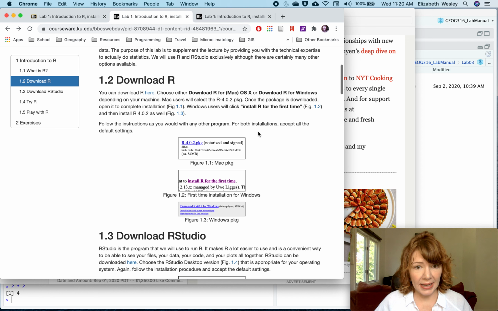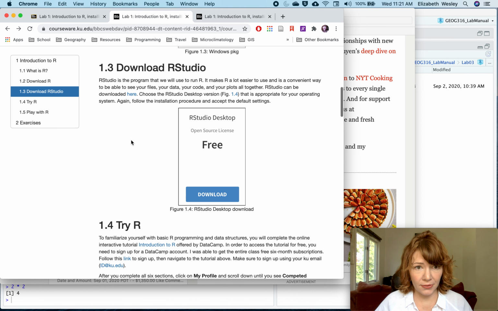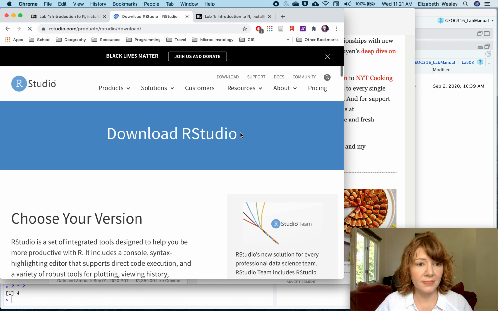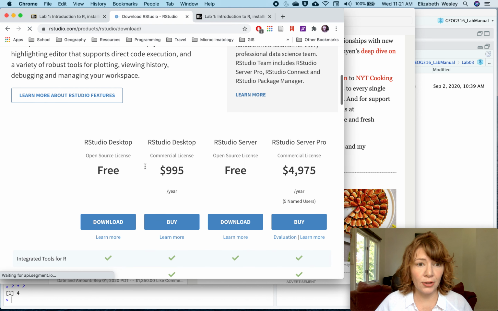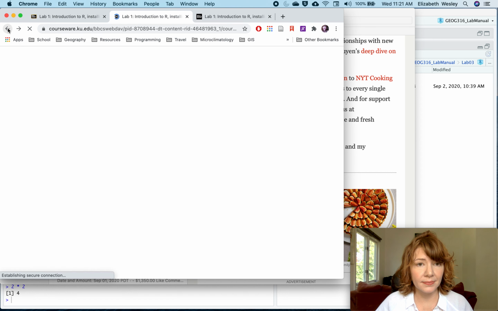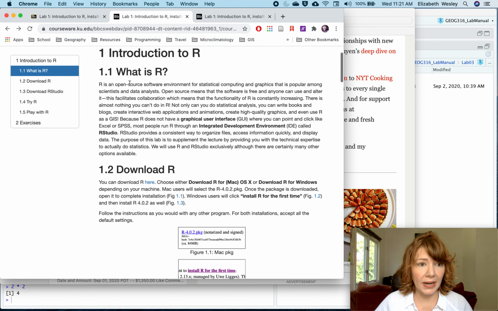So get that done. And then you're going to download RStudio. Same thing, follow the link to where to download. You want this free desktop version, so you just download here. It's going to guide you through it. All right, so now